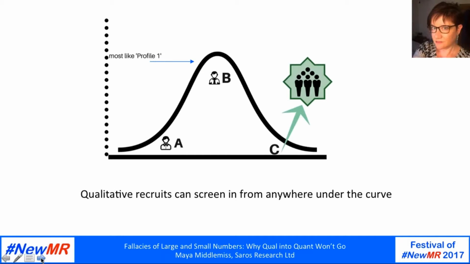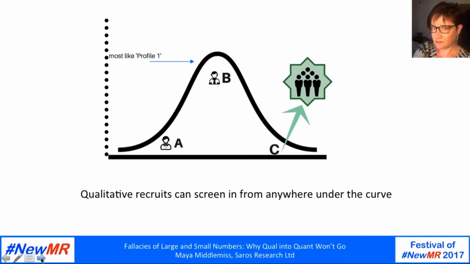But the problem is, if we're recruiting a handful of depth interviews or a focus group of 8 people from it, the probability maths doesn't work in the same way. They're real people, they're not AI chatbots, like the insights we were talking about earlier, and their behaviour is going to be unusual. The problem is when we're recruiting like this, we have no idea why participant B is so much more Profile 1-ish than participant A, for example.